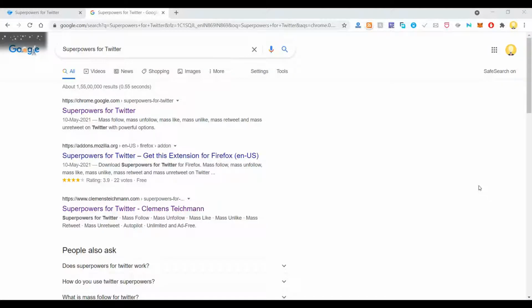Today I will show you how to give superpowers to your Twitter account. That means you will be able to automate your Twitter account. You will be able to follow multiple people automatically. You can unfollow them, you can like them, or you could follow a series of activities on autopilot. You can do all this from a simple Chrome plugin, which you can install by typing in Superpowers